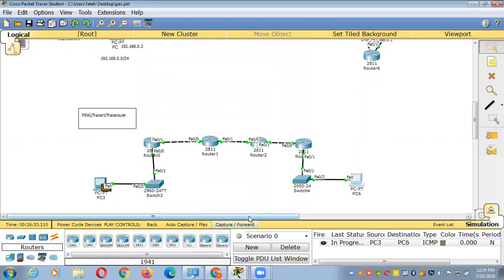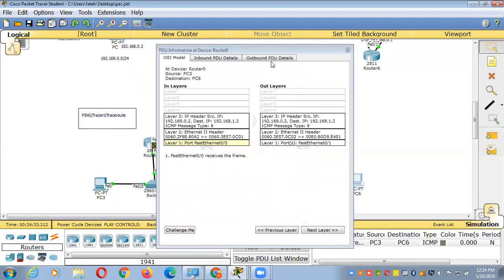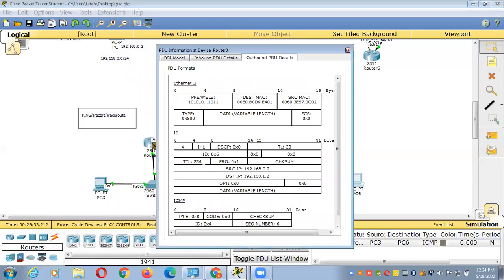But when you are sending the traffic toward the router, what will the router do here? The router will decrement the TTL value. Now you can see the TTL is 254.